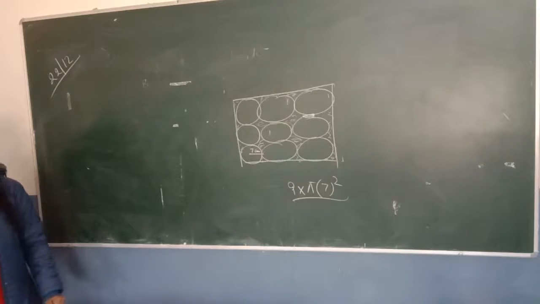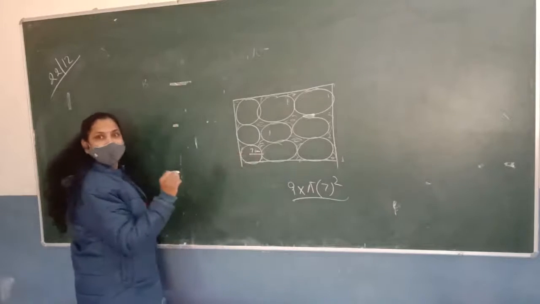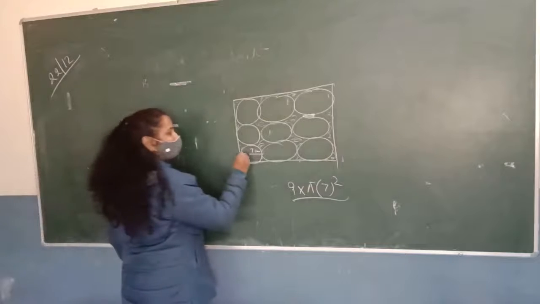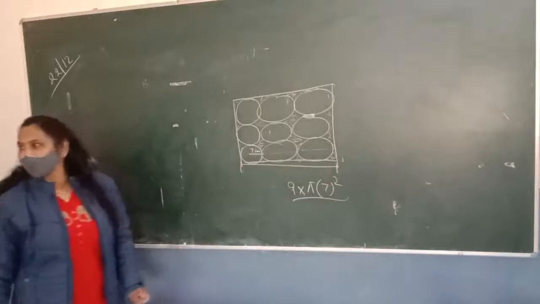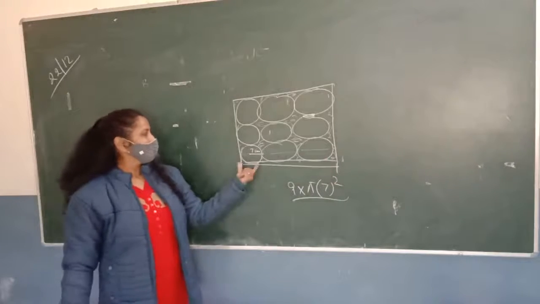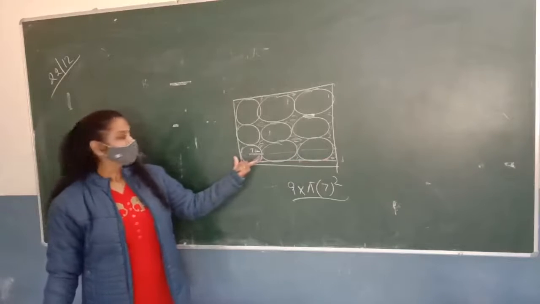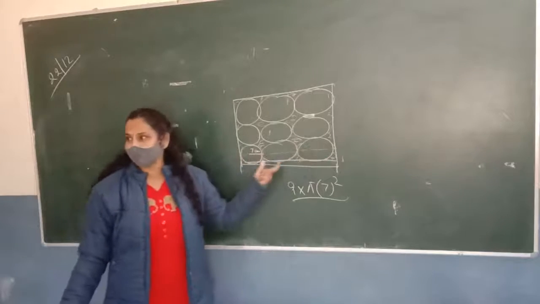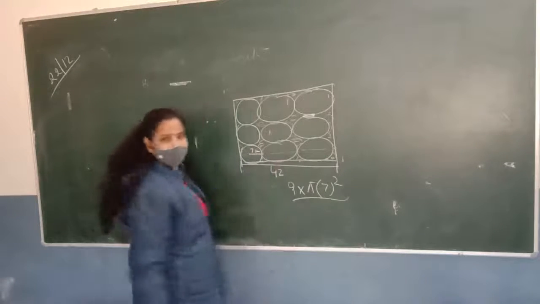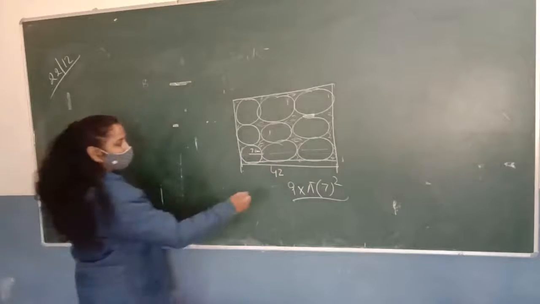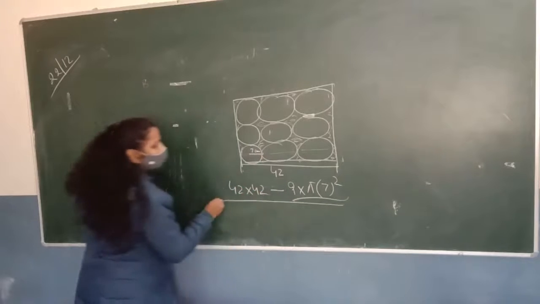It's like 3 circles. So what is the length of the one circle? It will be 14. And since 3 circles are here, the total length is 14 into 3. Good, Priyanshu. Good. Sit down. The 3 circles are here and the diameter of one circle is 14 centimeter. So by multiplying 3 with 14, we can easily find the length of the square. It will be 42 centimeter. So by subtracting the area of the 9 circles from the area of the square, we can find the area of the remaining portion.